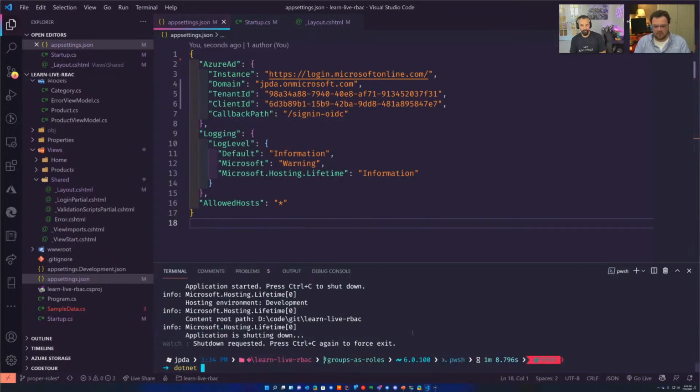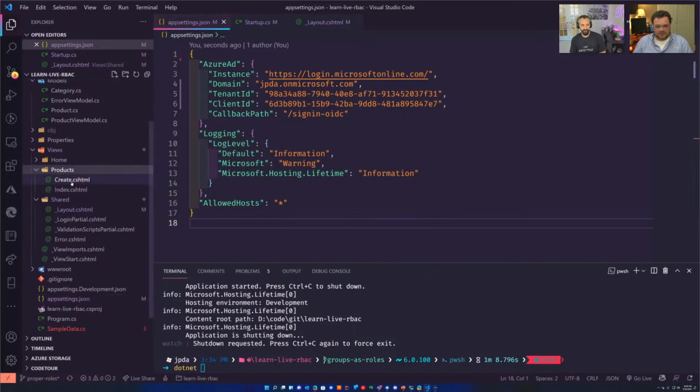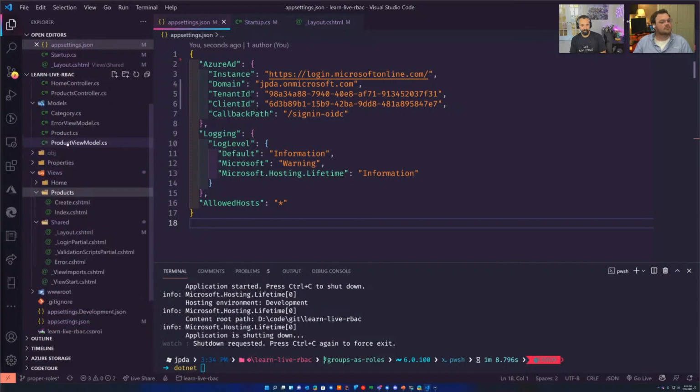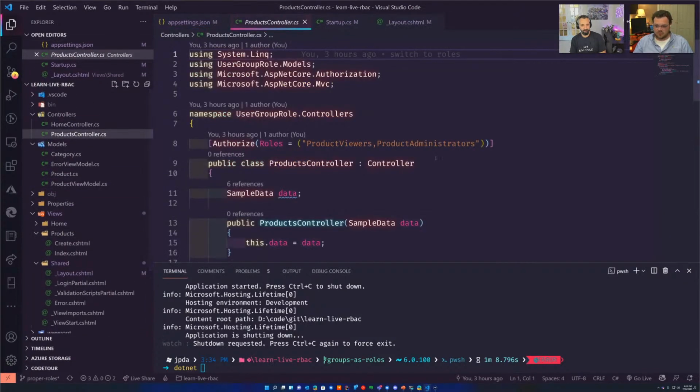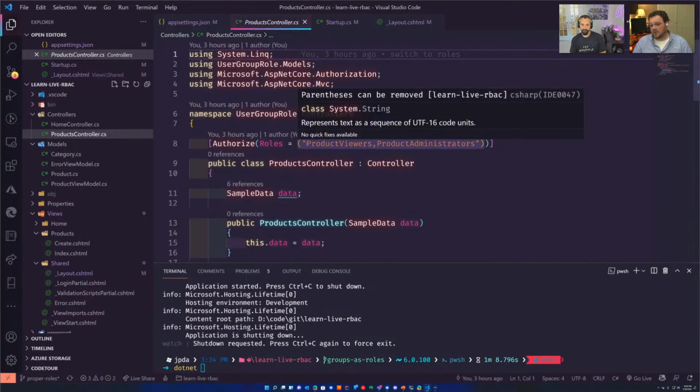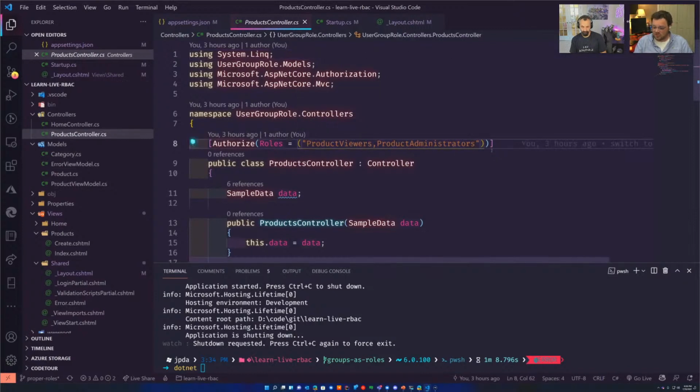You have one more change to do. What's the other change? Oh, on the create. In your controller. Yeah. In my controller for products controller. Here we go. So we have a products controller now too, and the products controller is expecting one of 2 roles: product viewers or product administrator. And so I will not be able to get to this entire controller if I'm not a member of one